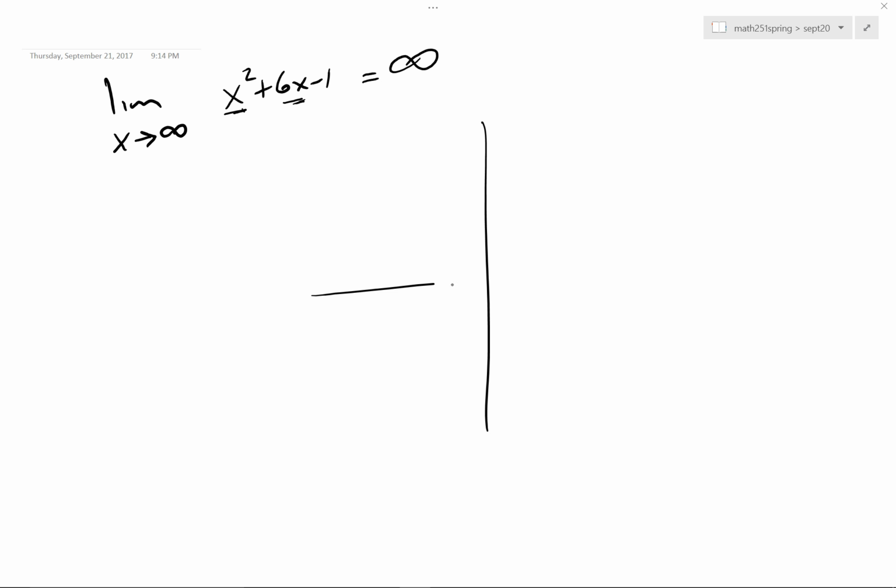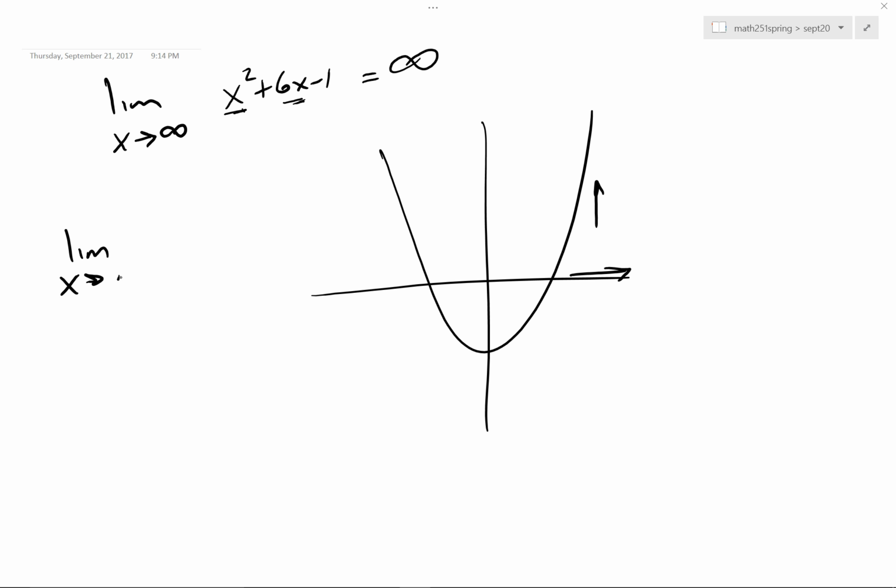It's going up forever. And I recognize that because when I graph this function, as I go this direction on the x-axis, my y's are going up. Furthermore, what happens if you go the other direction to negative infinity? Well, because it's x squared, it is also going up, going this direction. So as x goes there, y is also going up. Okay? Not very hard.